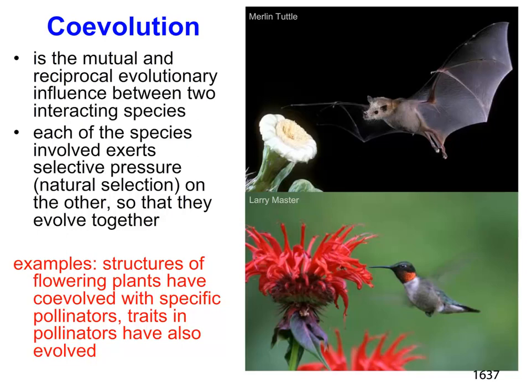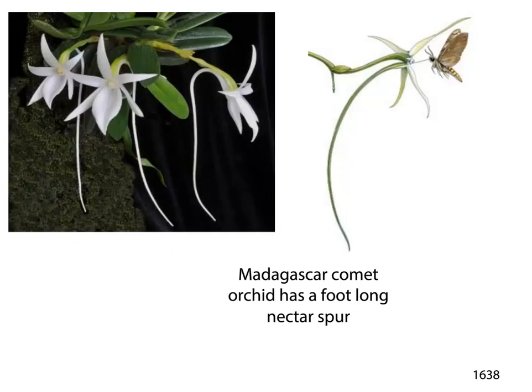Hummingbirds, on the other hand, tend to prefer really bright colored plants. Bee balm is a great example down here. And so, each pollinator will drive a selective pressure on their plants, and the plants will respond accordingly. Now, believe it or not, there's even a Madagascar orchid that has a foot-long nectar spur. And Charles Darwin found this particular orchid, and he hypothesized that there would be an insect that would have a proboscis equally as long to match it.